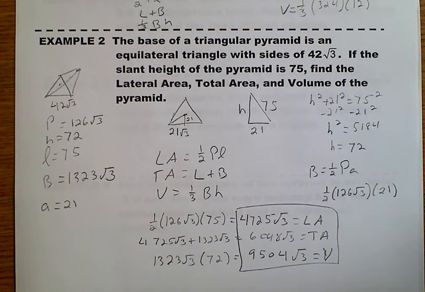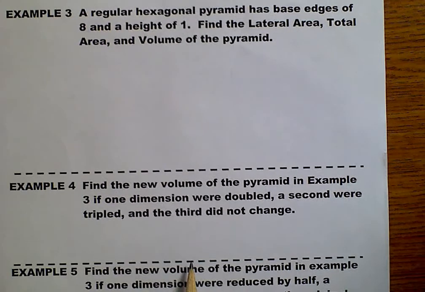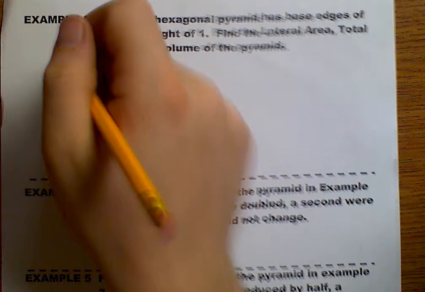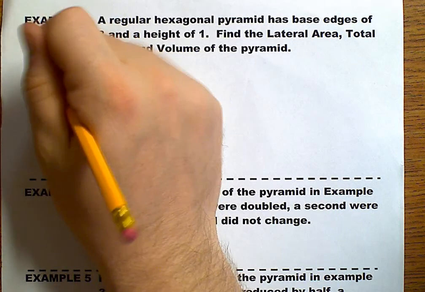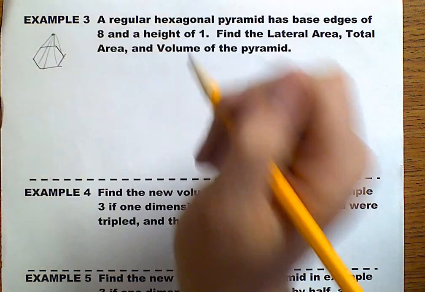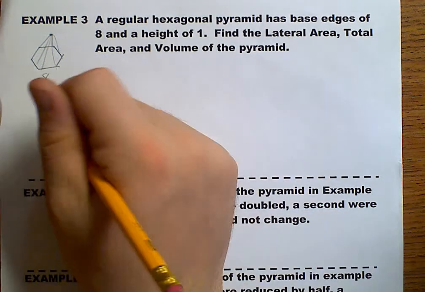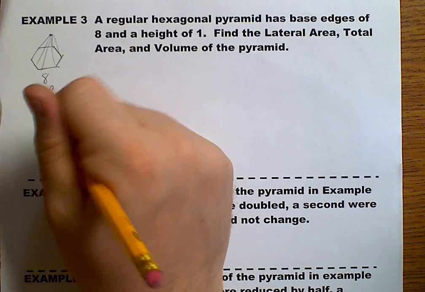And so this is the lateral surface area, total surface area, and volume of this particular triangular pyramid. Let's go ahead and take a look at number 3. Here we have a regular hexagonal pyramid. It has base edges of 8 and a height of 1. We need our perimeter, we need our lateral area, area of the base, and